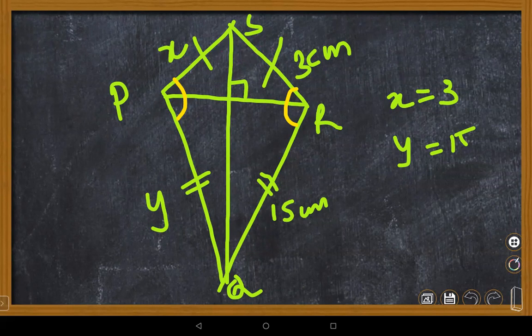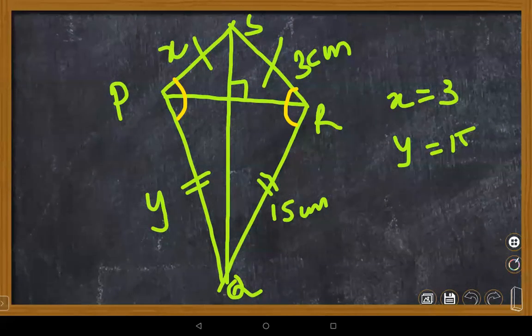It's not opposite angles, Bhavya. Lalit, please, there is a very important note here. Only one pair of opposite angles are equal in a kite. One pair of opposite angles are equal in a kite.